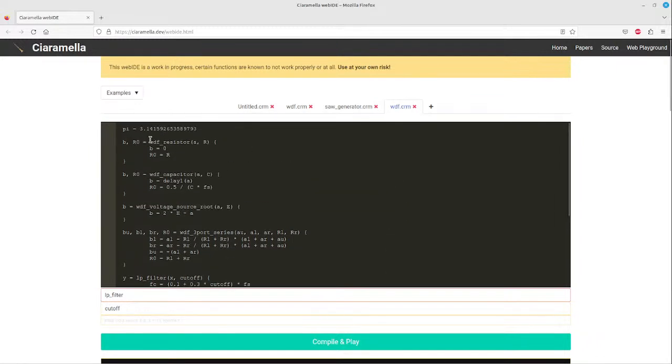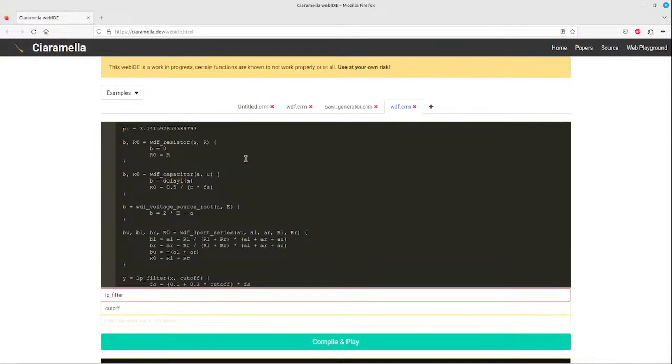You just specify the input-output relationships of a wave digital component, and then you use it, and there's absolutely nothing else you need to do. Everything else is managed by the compiler, and the mechanism by which this works is generic, so it's not specific to wave digital filters. You can implement, for example, digital waveguides or FDTD networks or whatever you have in mind, as long as you do not create